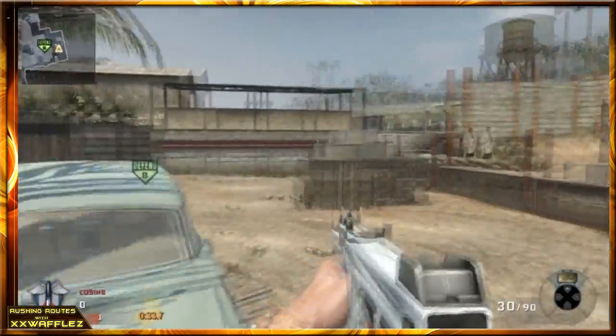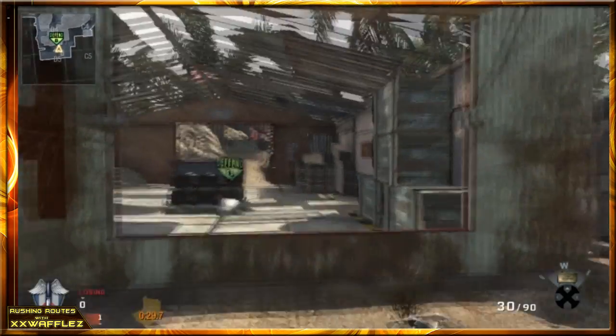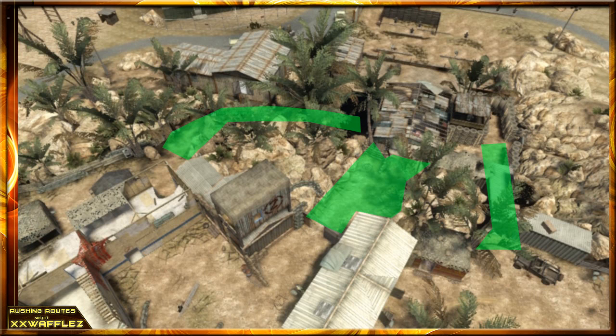And like I said before, after you get the bomb planted, there are potentially 3 routes that the enemies can come from. Let's get an area view of those routes. So as you can see from the video, the areas with the green overlays are the areas that the enemies could come from. It's either the left side where you rushed,